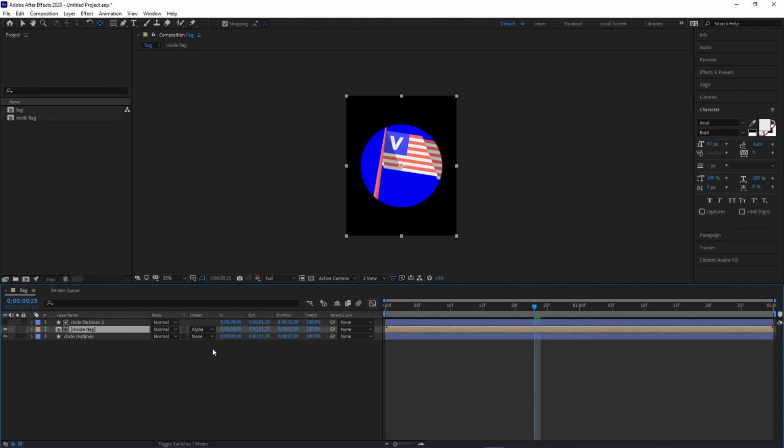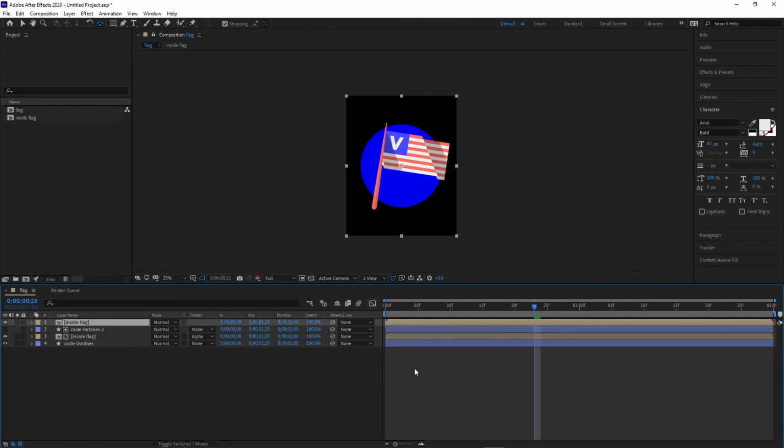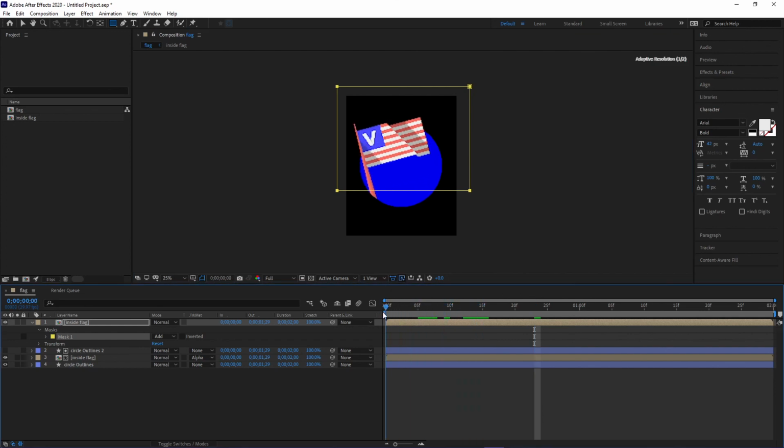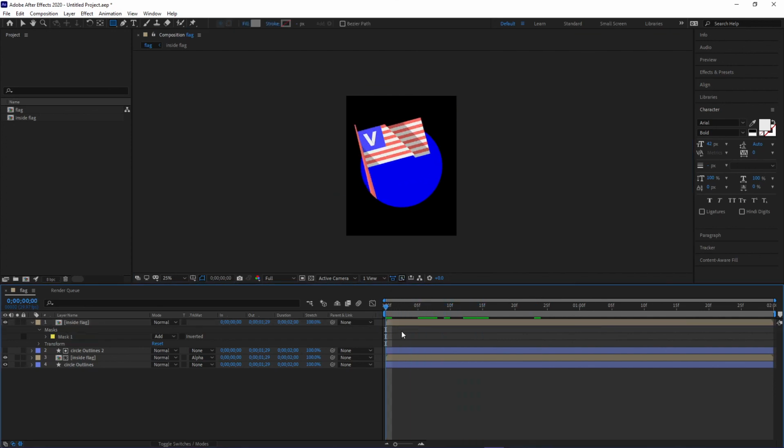As you can see, the whole flag goes into a circle, but I want only the bottom to be inside. To do this, we will duplicate the composition to the top of the layers, and while we select it, we will click on the square tool and mark only the top of the animation. This will put the marked part of the composition into a mask, which will cause the flag to come out of the circle. Click on play, and that's it. The animation is ready.